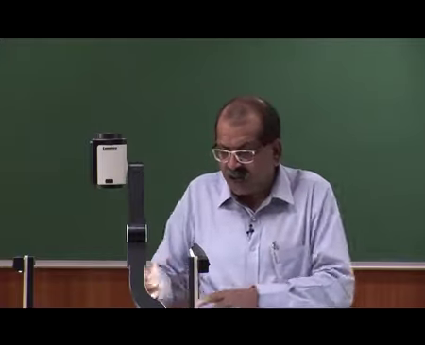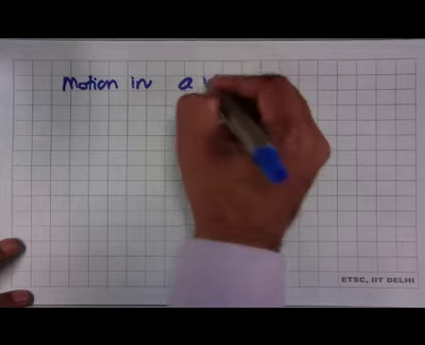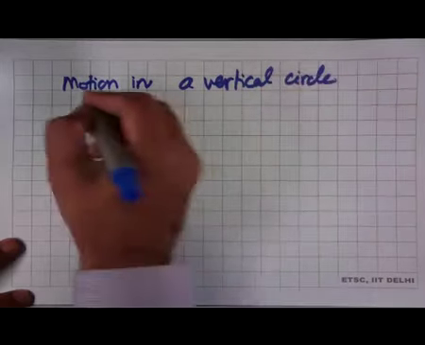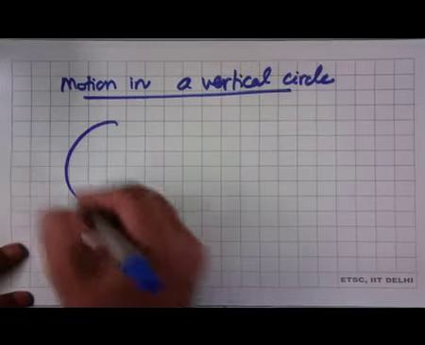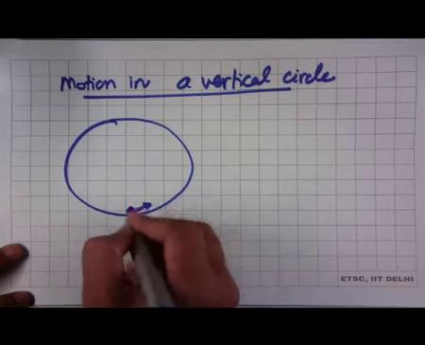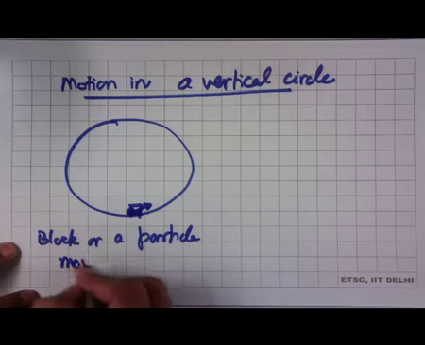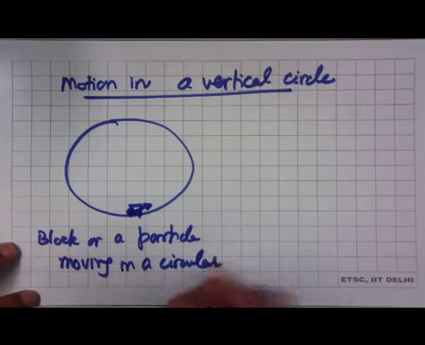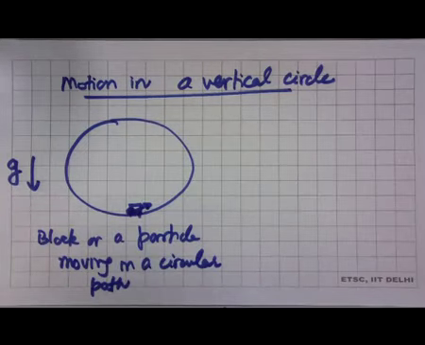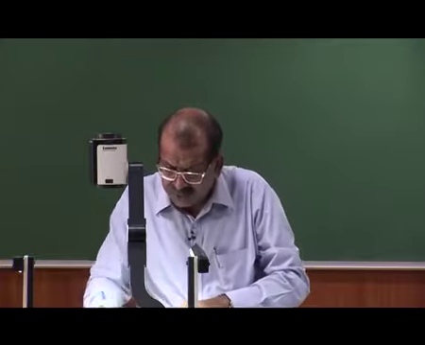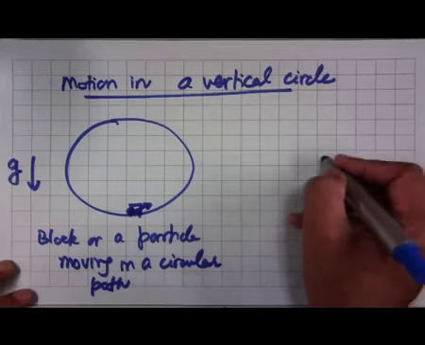Now, let us look at another class of problems here, and this is where we use work energy principle quite effectively, and this is motion in a vertical circle. Two types of problems are very common. One is we have a block or a particle which is moving in a circular path, and here by saying it's a vertical circle means gravity is acting vertically downward. It's something like a ring which is kept vertical, and on that block or particle or an insect is moving on the ring. The second case of this is a case of a